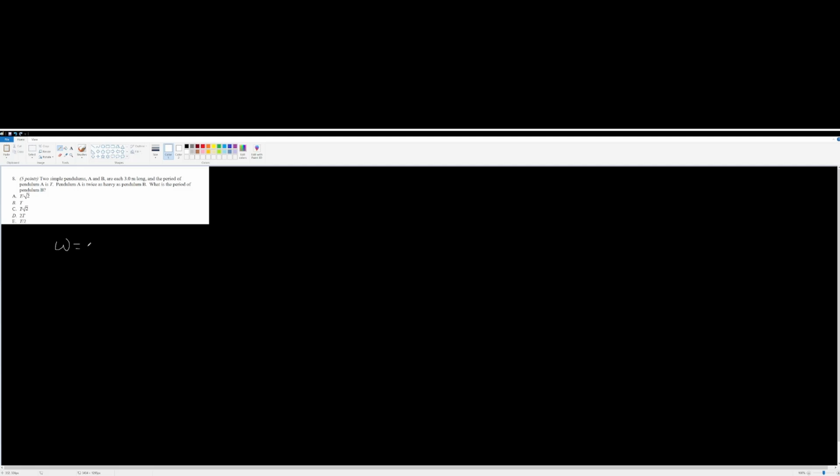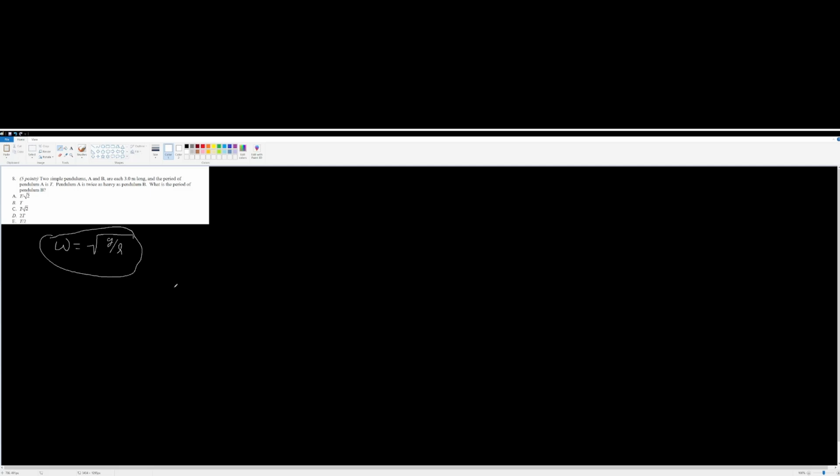So omega, we know, is root g over L for a pendulum. That's something that you should be given. But if not, this is just something that you should remember. Going into detail on the derivation of this would be a bit complicated and involve a lot of calculus. So this is an important relation here. The angular velocity of a pendulum that's swinging back and forth is the square root of gravity over the length